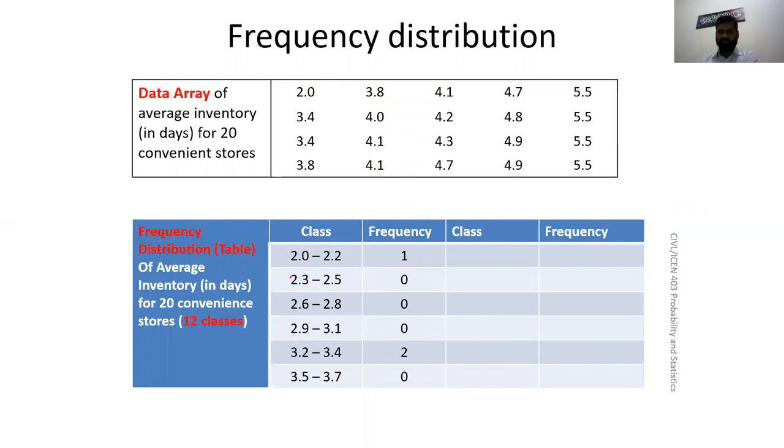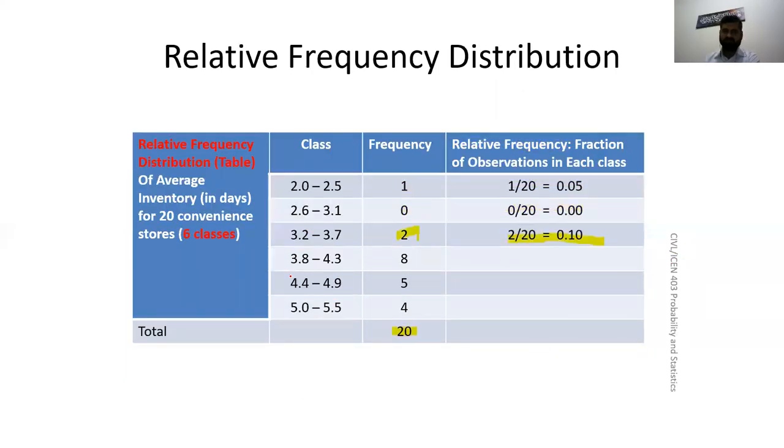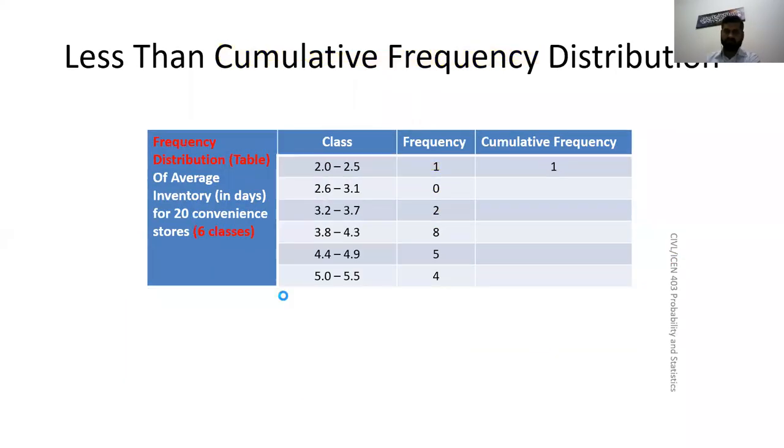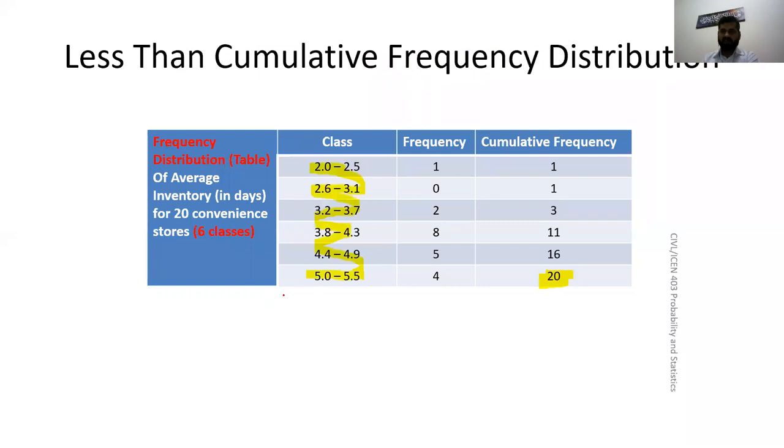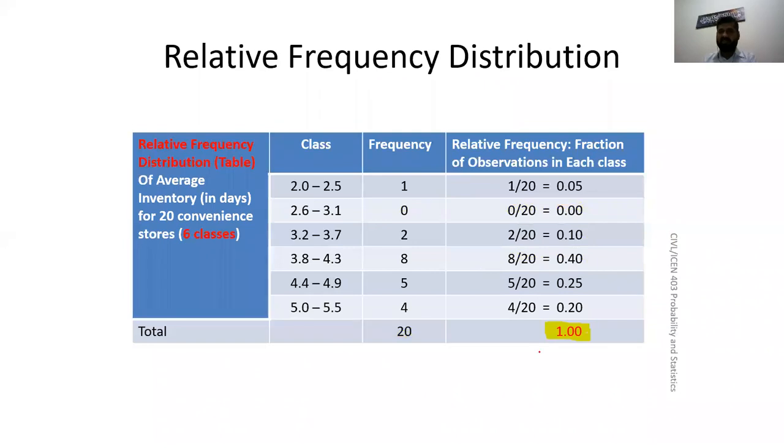All right, so let's go back to where we stopped. Okay, so this was the less than and more than ogive. You don't have to calculate relative frequency. You see, I gave you relative frequency as well. You will not calculate unless we ask you that. If I ask you to make a frequency distribution, I will stop here in these 2 columns. That's it. This is my frequency distribution.